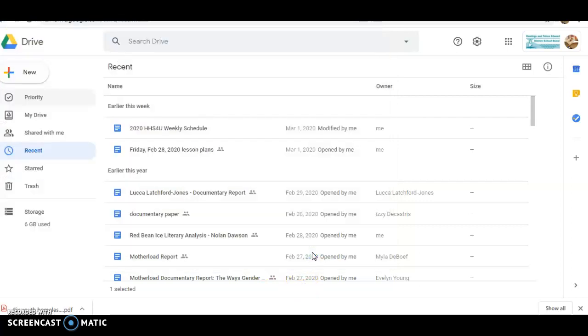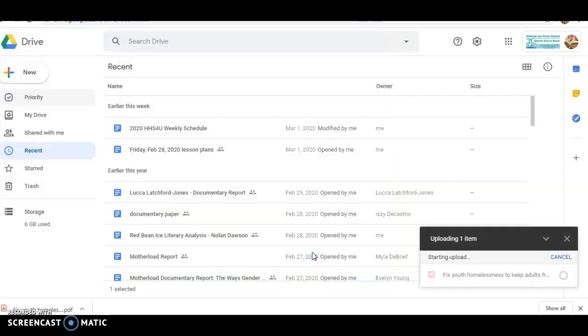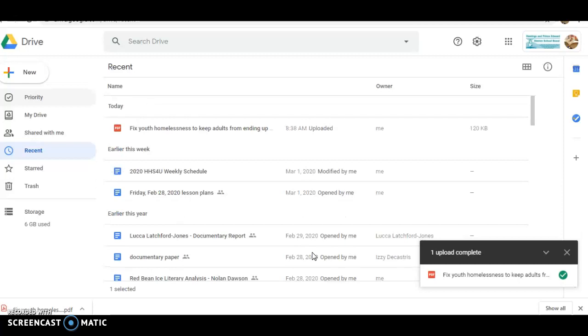Select and open. And so it will upload that article to my Google Drive, and now I can see it right here. I clicked on recent because if you're just sitting in priority, it will have the ones that you have starred, or just your drive, everything that's in it. So I knew that I wanted it to come up and I would be able to see it. Once you have it here,